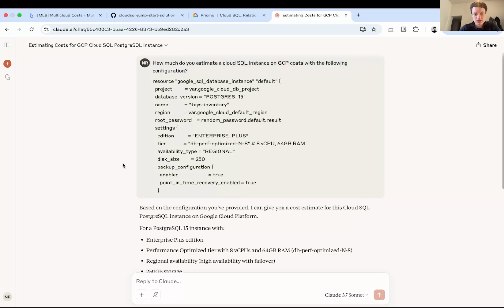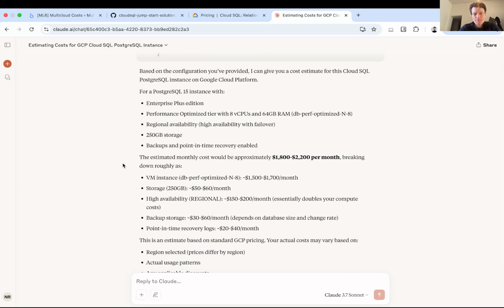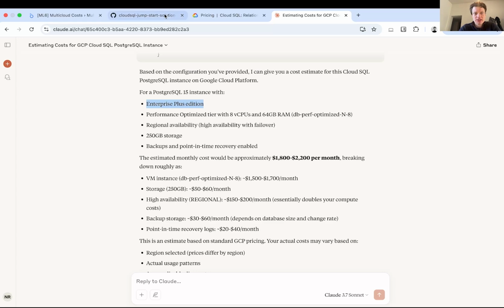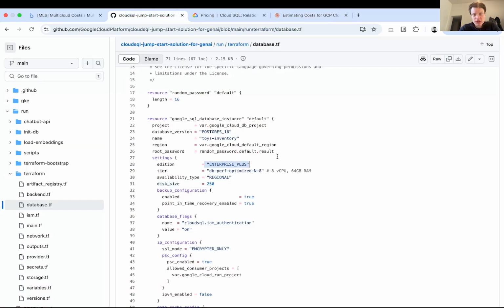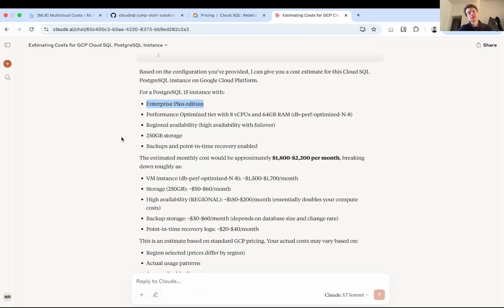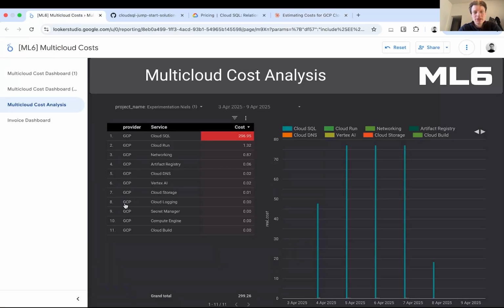So I just asked Claude how much it estimates a CloudSQL instance like this would cost. Apparently it's also the Enterprise Plus edition and so on, so we're almost certainly not using the cheapest instance for this, but Claude estimates that the monthly cost would be around $2,000 per month. So that's of course quite a lot. But this also lines up a bit with my